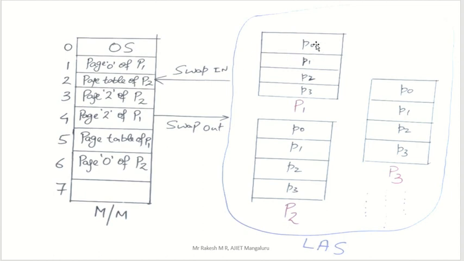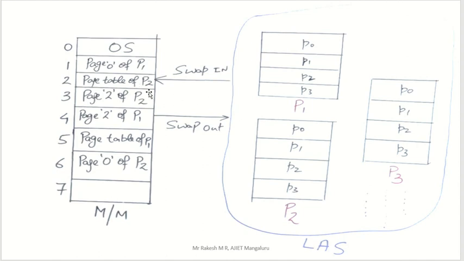Now some space is given to the OS, as I told in the previous module also. Some space of the main memory is given to the OS, and the remaining is given to the user. Whatever space is given to the user, we are going to divide into frames. We are not touching anything in the OS. The OS is separate here. We are dividing only the user space part, and that is called frames.